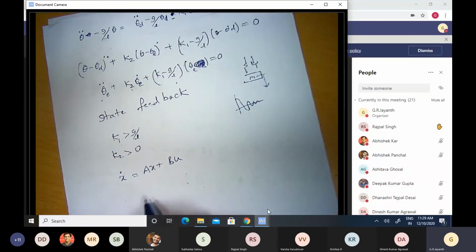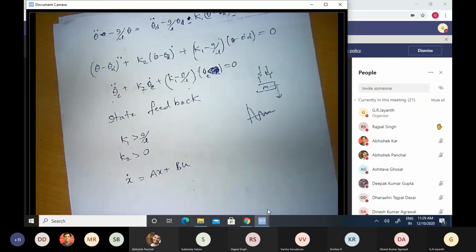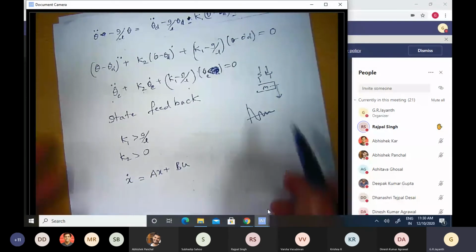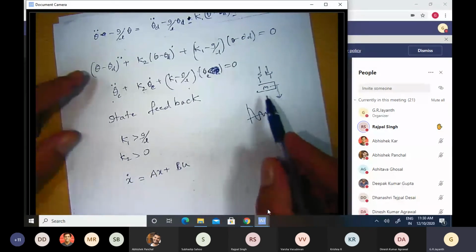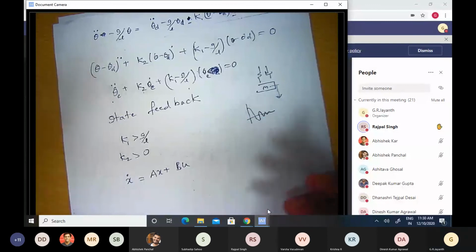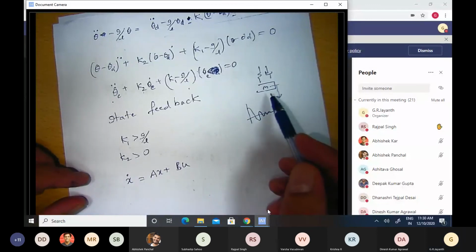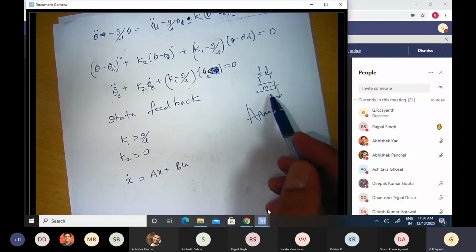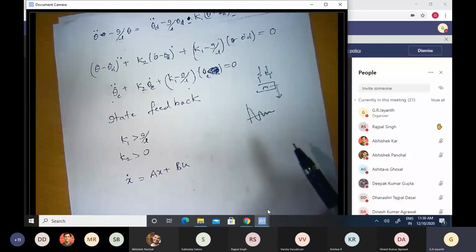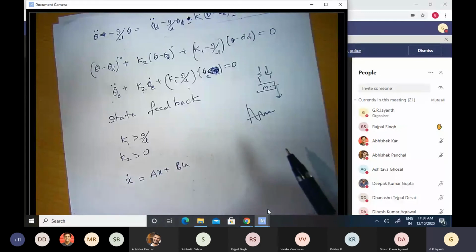Okay, sir, but I was asking more about how we can envision it physically, like we envision the proportional controller in terms of a spring, and the derivative controller more in terms of a damper. Physically, how do you envision it? I don't have a good answer to that question. Physically, this model will break down. This system will no longer be a second order system. If I bring in the integral term, this will be a third order system. I don't know if a third order system can be visualized physically in terms of maybe another damper or some such thing, but I don't have a good answer to your question right now.